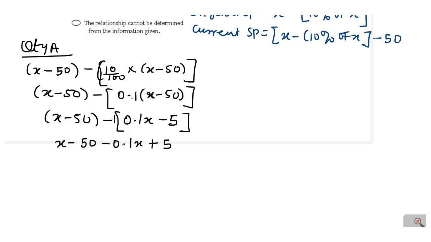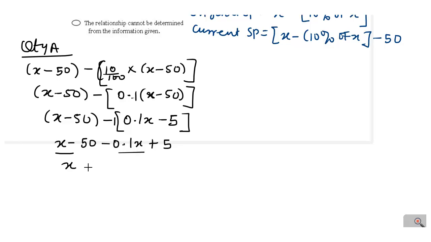It's just like an imaginary 1 being used to multiply the whole of this. So minus 1 times 0.1x gives us minus 0.1x, then minus 1 times minus 5 is plus 5. The next thing we do is to collect like terms. This and these are like